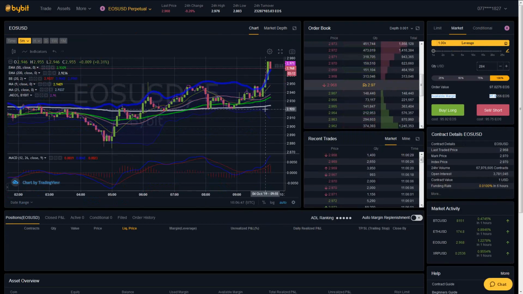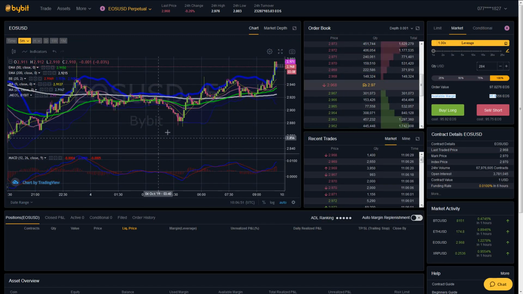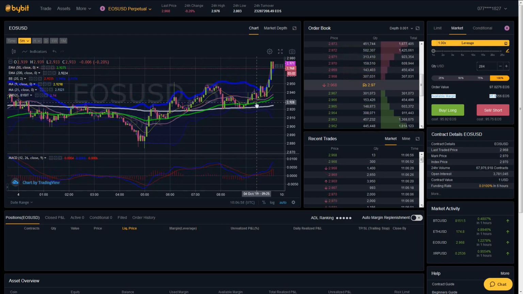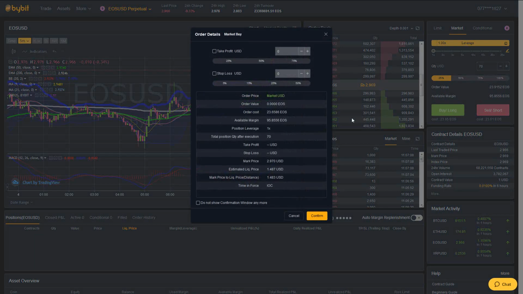So if I was looking to buy this, because it looks like for the last 6 hours we've been going up, and there are a few indicators to suggest that we're going to continue to go up perhaps, I'd be pressing buy long. Let's just do 25% of my entire account, and I would press buy long at 1x leverage, which won't give me much profit at all, but it will give me some. So press buy long, and it brings up this